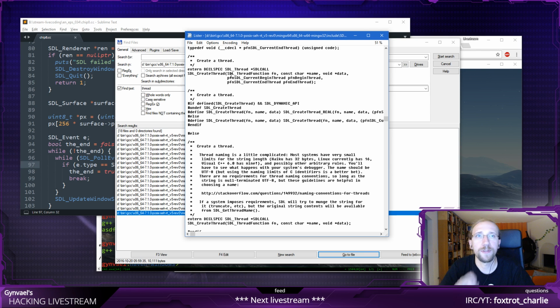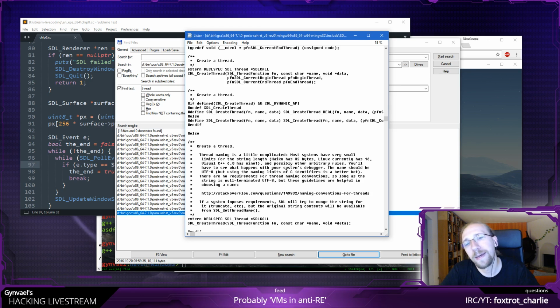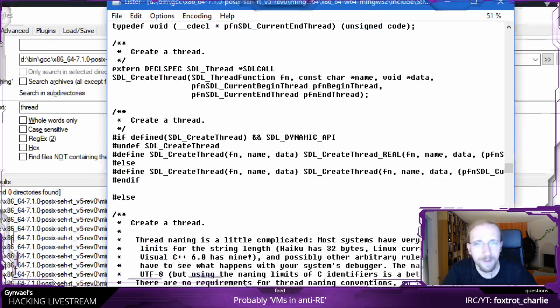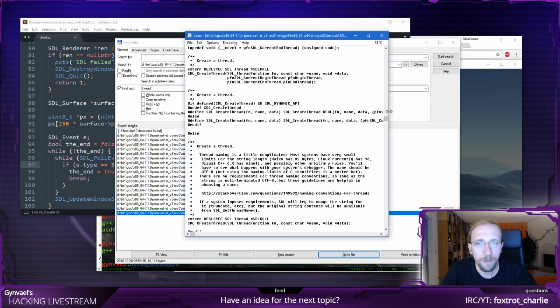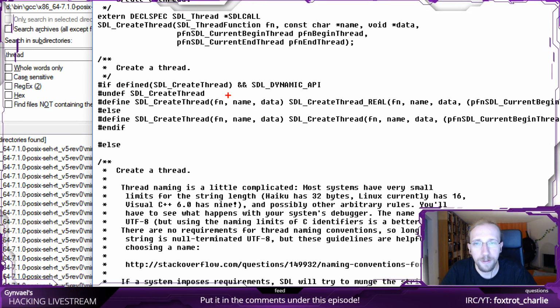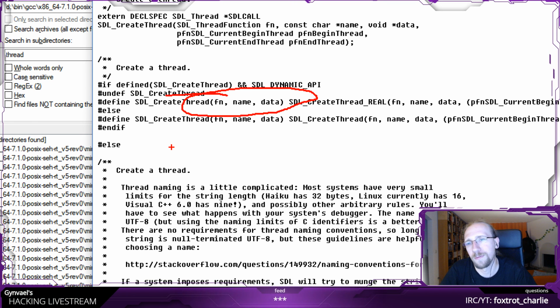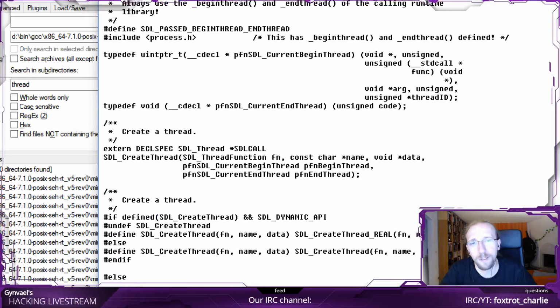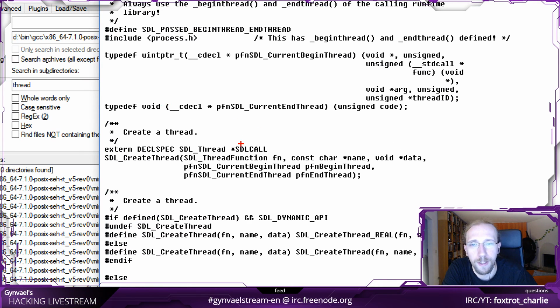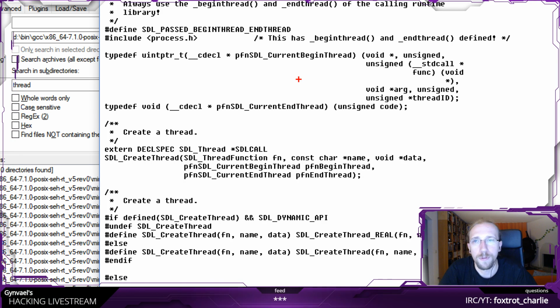Okay, so I'm going to use SDL to create a thread. Or am I? What is this supposed to be? This is quite weird. Oh, they actually have a nice macro here, which is pretty similar in usage to C++. Though here we have to actually create a function out of their specification, which is none of these.